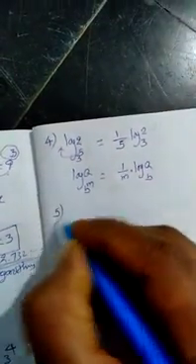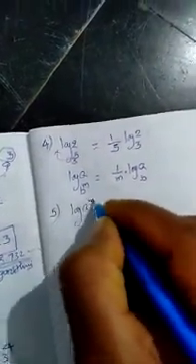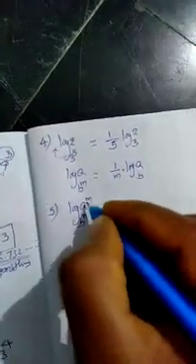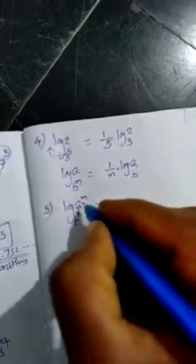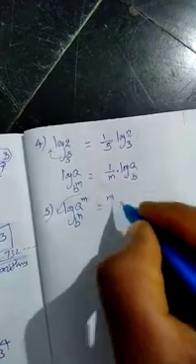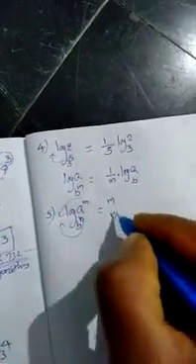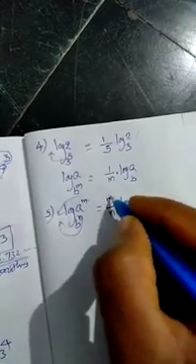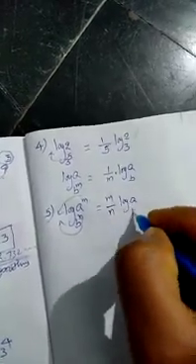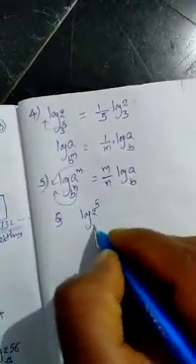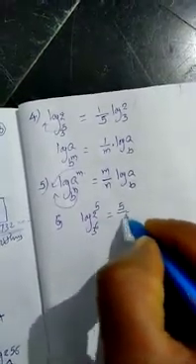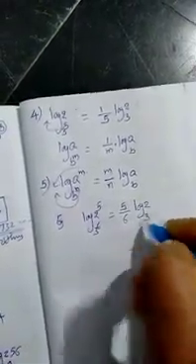From this third and fourth, we get another formula: log a power m base b power n. The value has a power and the base also has a power. According to the formula, m goes this side, n also goes this side as the denominator, as m is the numerator and n is the denominator. So m by n log a base b. For example, log 2 power 5 base 3 power 6 can be written as 5 by 6 log 2 base 3. Hope that is clear, children?